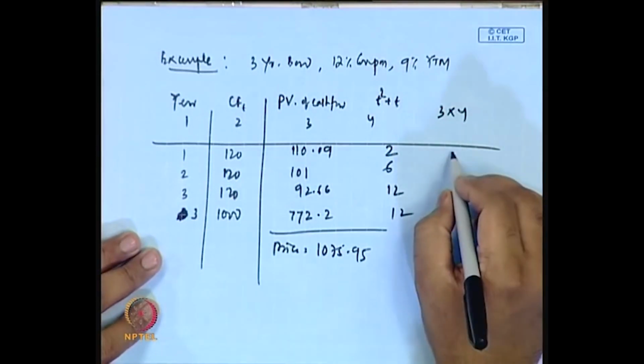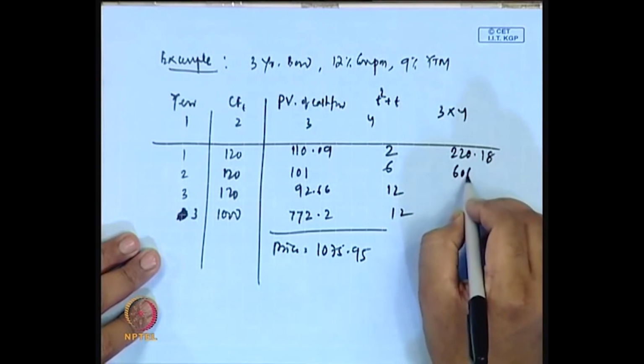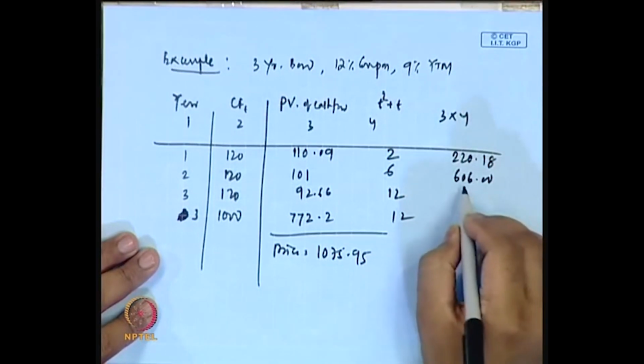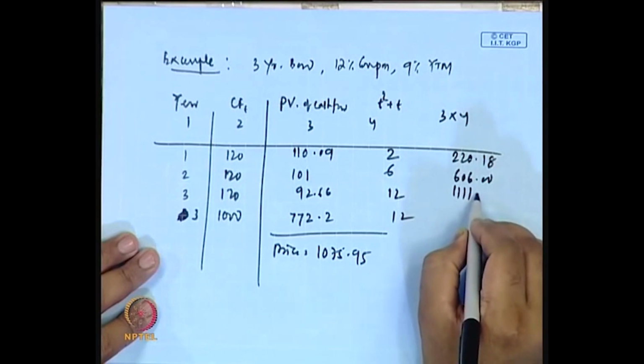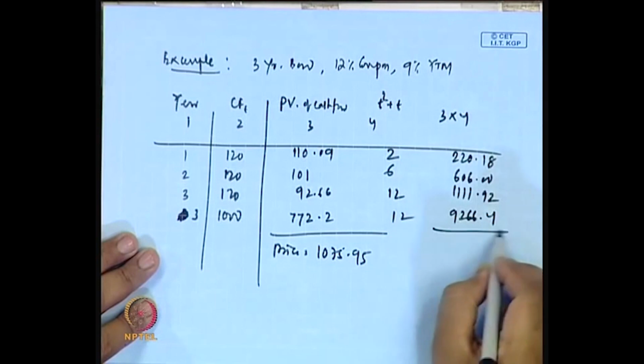If you multiply these, you will find 220.18, 606.00, 111.92, 9266.4, and finally the value will be